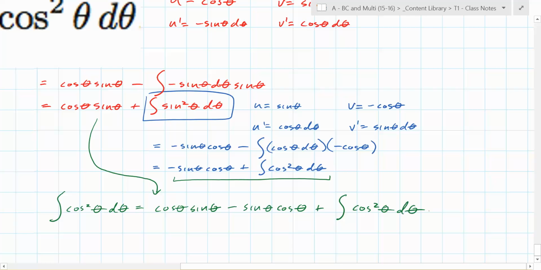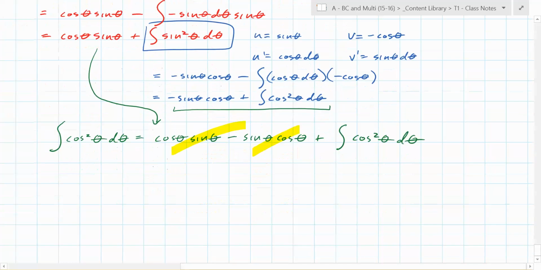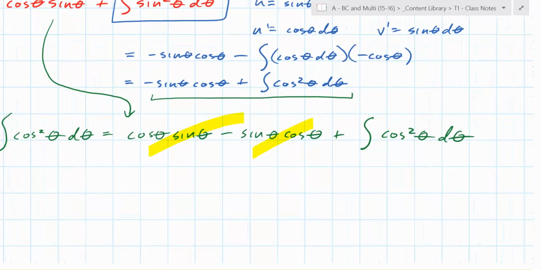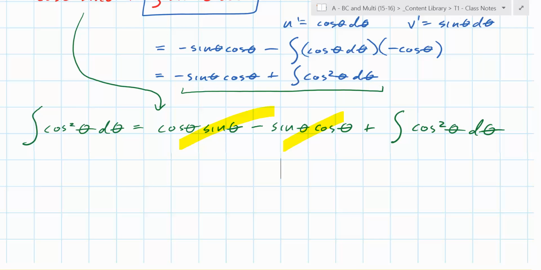What's the issue here? Did something just cancel out? So what happens when this happens right here? Oh, that goes away, right? So what are you left with? Can someone tell me clearly what we're left with? We're left with a true statement. We're left with the integral of cosine squared theta d theta is equal to the integral of cosine squared theta